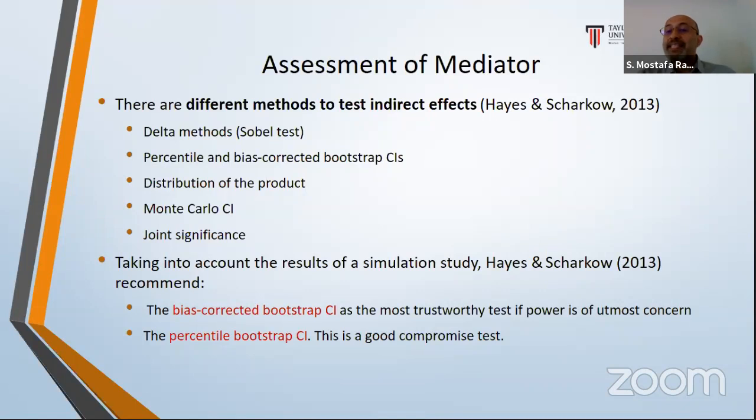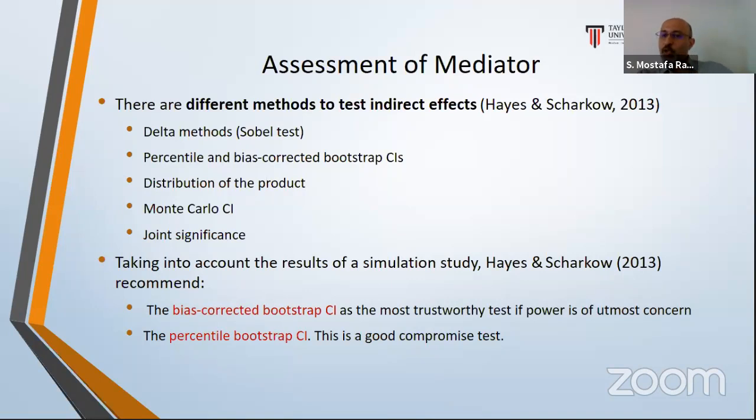So for assessment of a mediator, it is not compulsory to check the direct effect. It is not compulsory to check X to M or M to Y. We only need to assess the AB term, the product of coefficients term, the indirect effect term, based on the bootstrapping confidence interval,